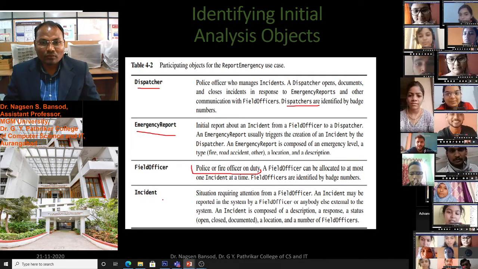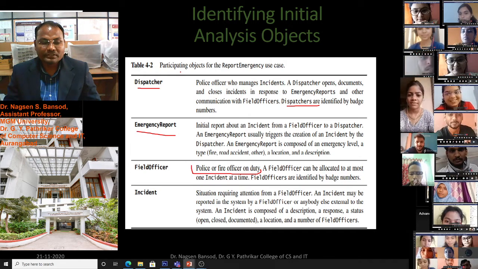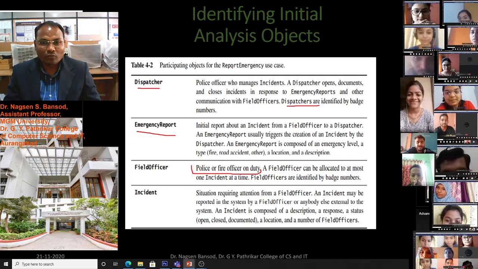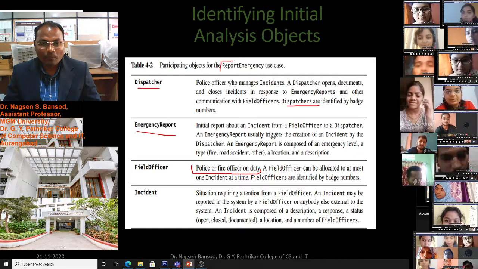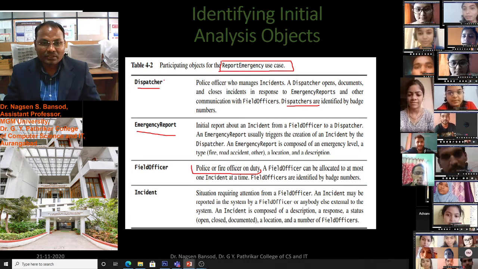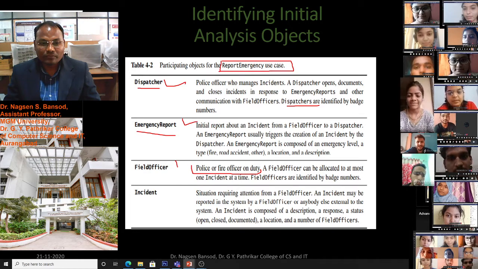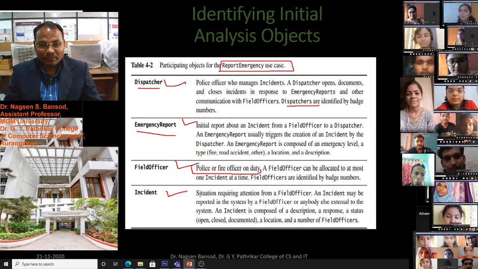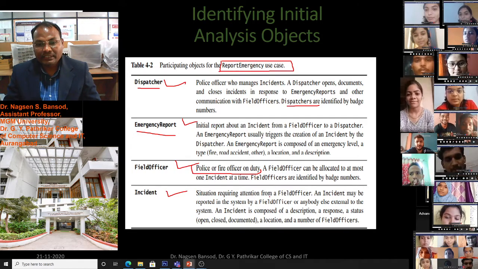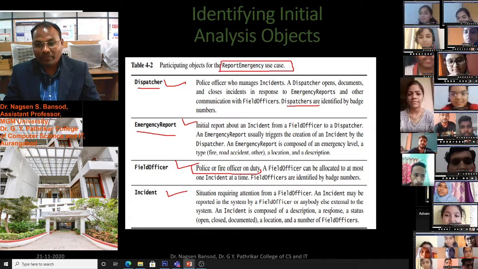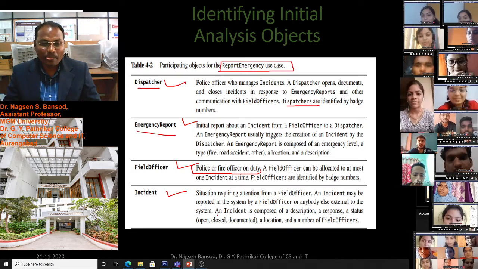Incident. Now, what is given in this table? Participating objects for the report emergency use case. Which objects participate in it? Dispatcher, emergency report, field officer, and incident. An incident means a situation requiring attention from the field officer. An incident may be reported in the system by a field officer or anybody else external to the system.